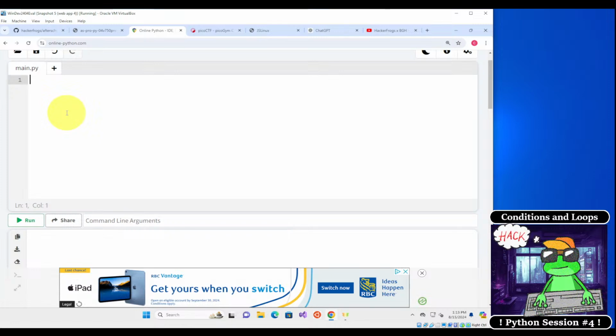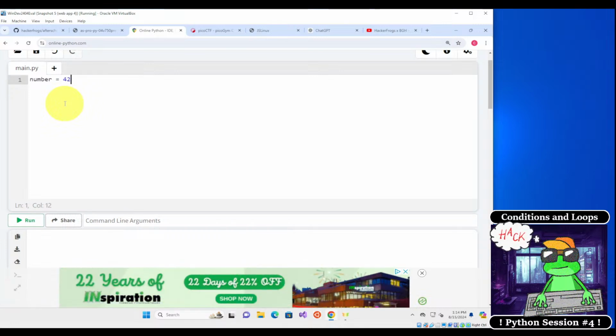I hope you understand. Okay, so the first thing we're going to do is make a number variable, and we're going to set it to 32. You can set it to whatever you like, but I'm just going to set this number to 42. I said 32, didn't I? It's supposed to be 42. Anyways, okay, and then on the next line, it doesn't matter how many lines down you do it, but you